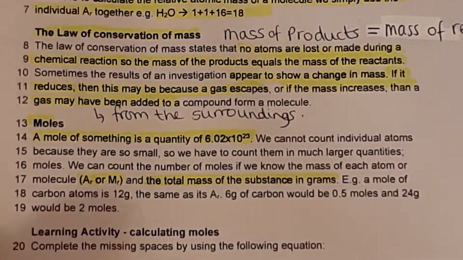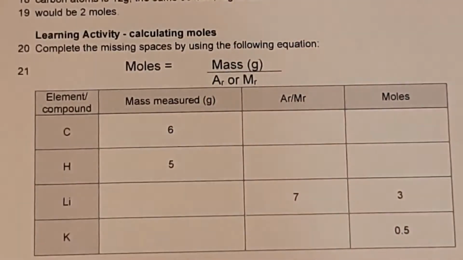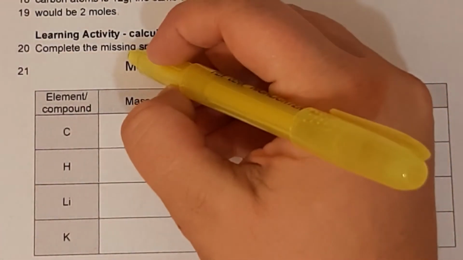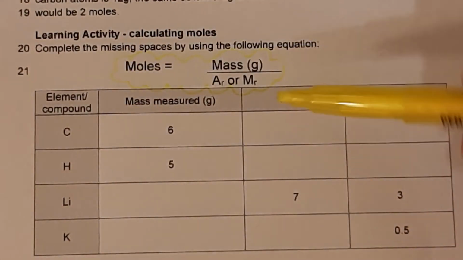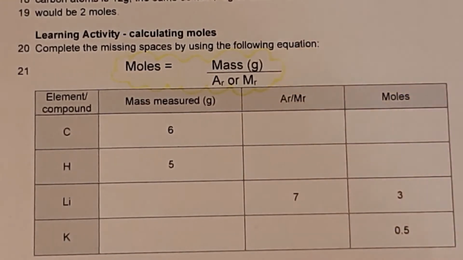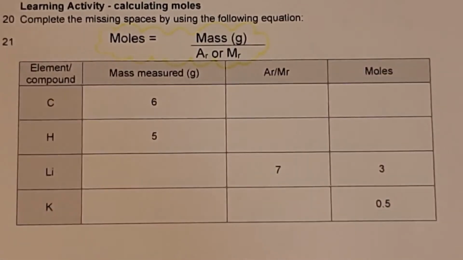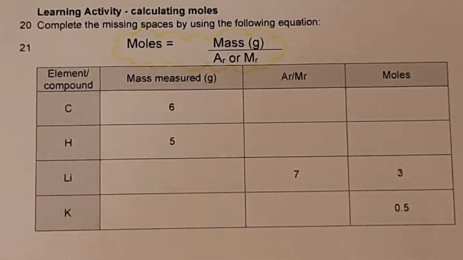So to calculate moles, here we have an equation to help us calculate moles. To calculate moles, you take the mass in grams and divide it by the relative atomic or relative molecular mass. So here we have a table, so your task now is to pause the video and use this equation to calculate that. If you're not sure quite what to do, then that's absolutely fine, and we will go through the